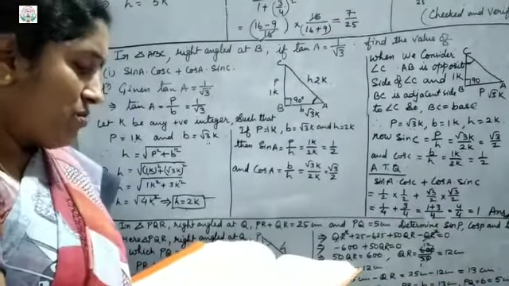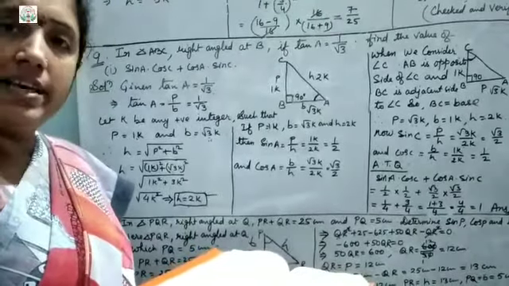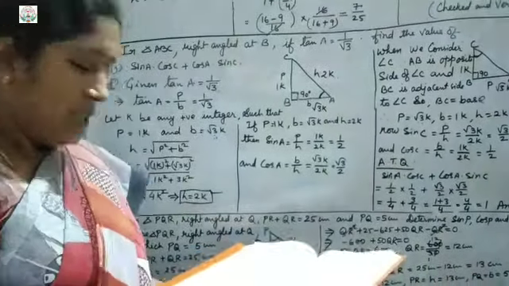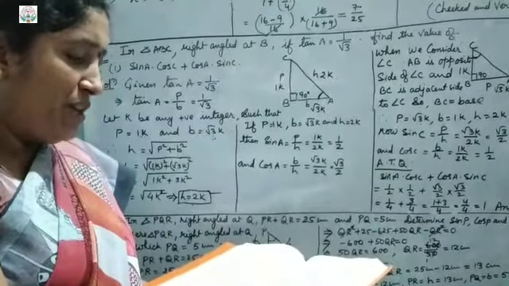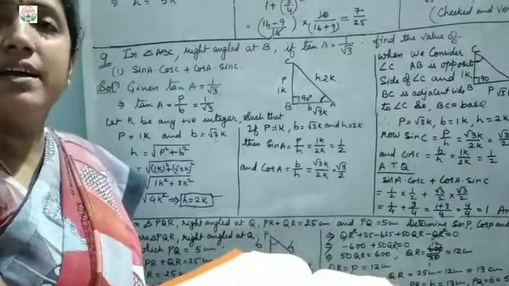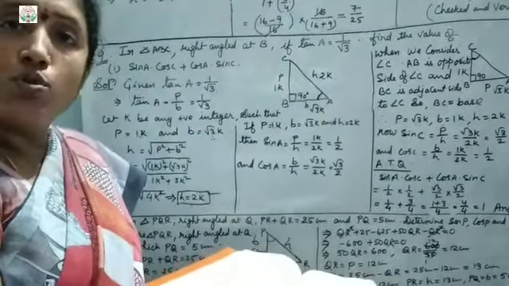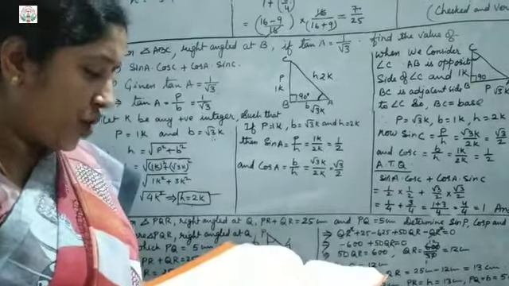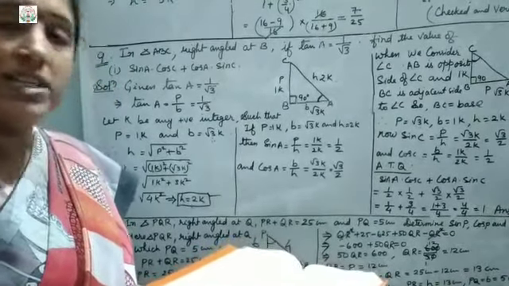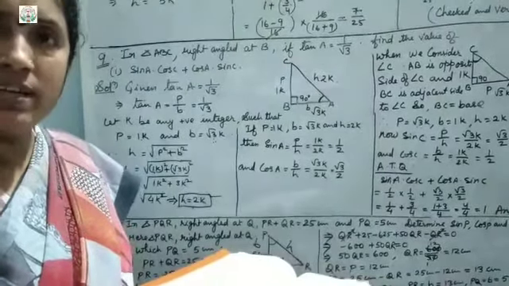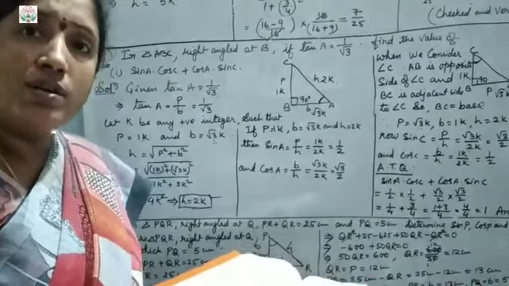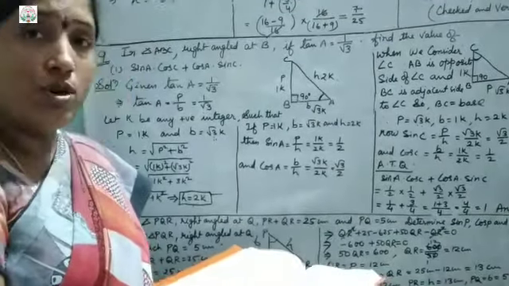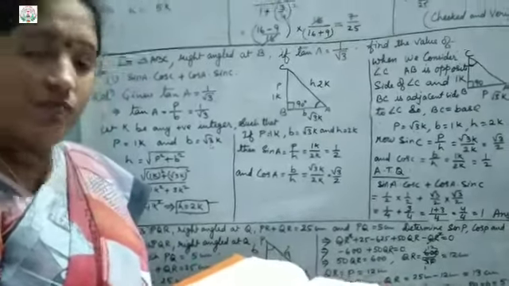So tan A value can be more than 1. Next one, sec A equals 12 upon 5 for some value of angle A. So that is true. Then cos A is the abbreviation used for the cosecant of angle A. That is false, because we know that cosecant means cosec A, not cos A. Then cot A is the product of cot and A. Wrong. It is not the product, it is cot of angle A. Not cot into A. That is why the fourth one is false.